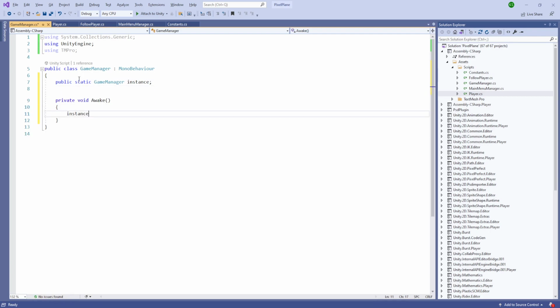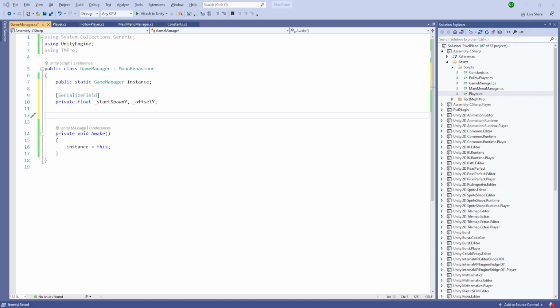And awake instance is equals to this. Now after our instance, there's going to be serialized field private float spawn pose y, start spawn y, and offset y,